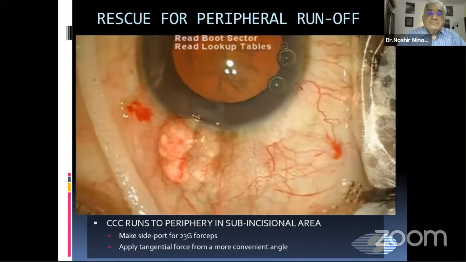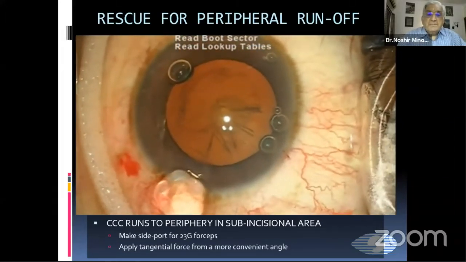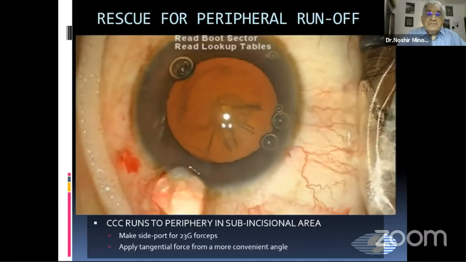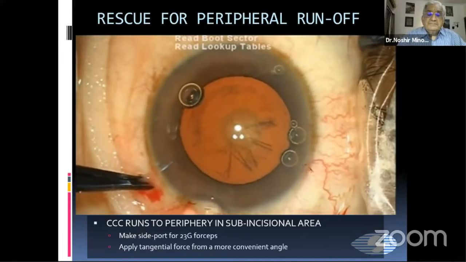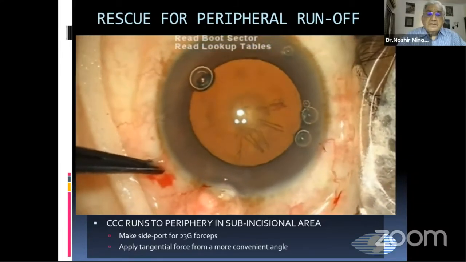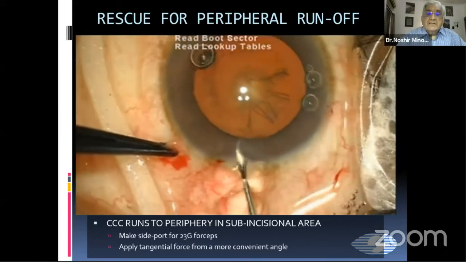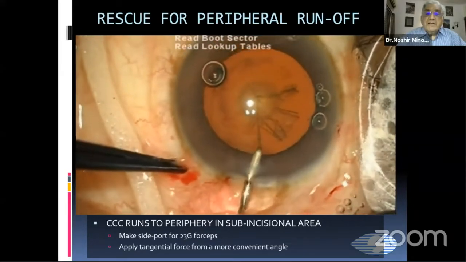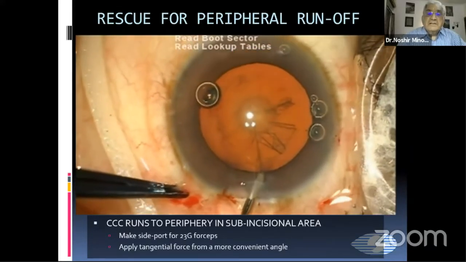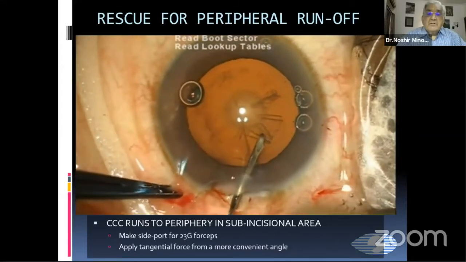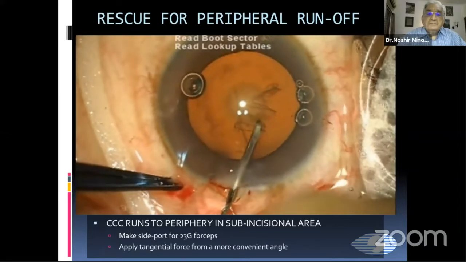So now what we do is that we can see the edge quite well here just now, and we see that it's now pointing towards the periphery. So as it is pointing towards the periphery, I inject viscoelastic again, and then again try with a needle. I try centripetally, I try to guide this flap centripetally with my needle. But again, I find that the rhexis is again moving to the periphery and not coming to the center.